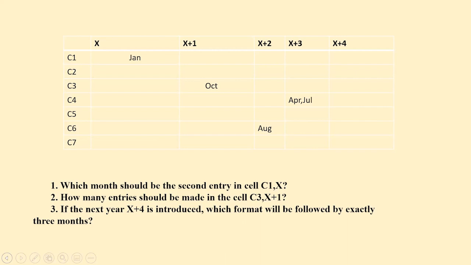Okay, so time's up for this particular question. Now, let's just go ahead with this. Which month should be the second entry in the cell C1, X? C1, X is here. So they're asking you which should be the other one. Now we saw that this was a normal year, this was a leap year, normal year, normal year, normal year. So in a normal year, another month should come here in this entry, which means I can say that